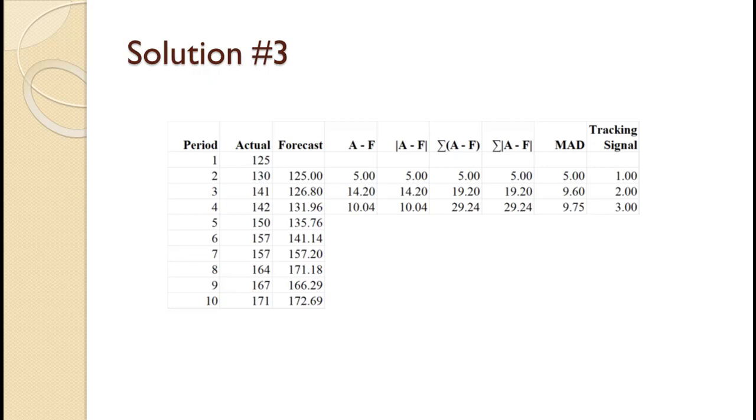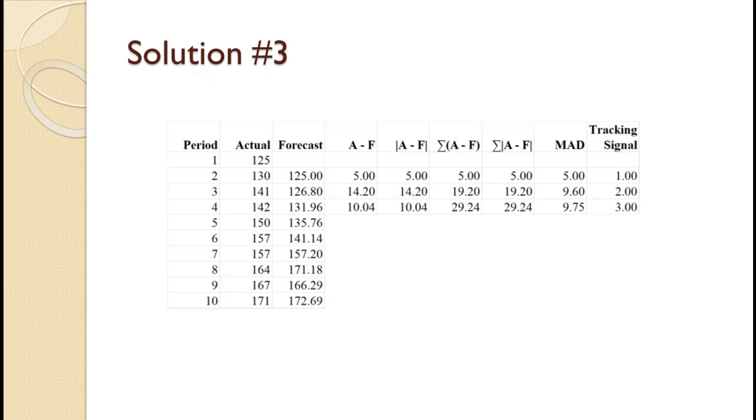The absolute value of 10.04 is 10.04. The cumulative A minus F is 19.2 plus 10.04 equals 29.24. The cumulative absolute value A minus F is 19.2 plus 10.04 equals 29.24. The MAD is the cumulative absolute value A minus F value of 29.24 divided by 3 equals 9.75. Finally, the tracking signal is the cumulative A minus F value of 29.24 divided by the MAD of 9.75 equals